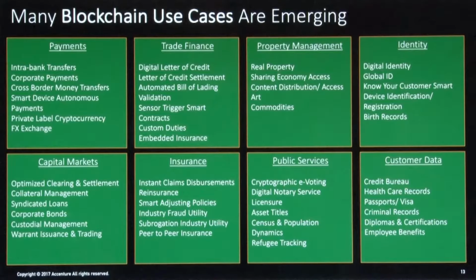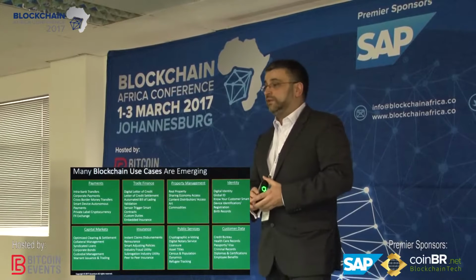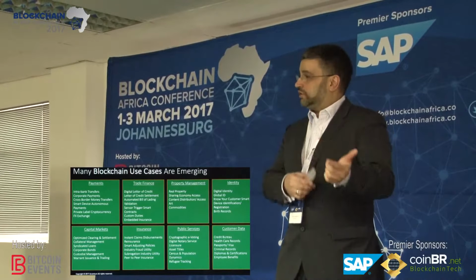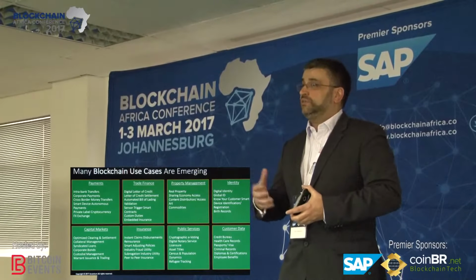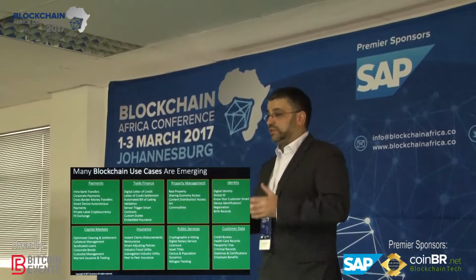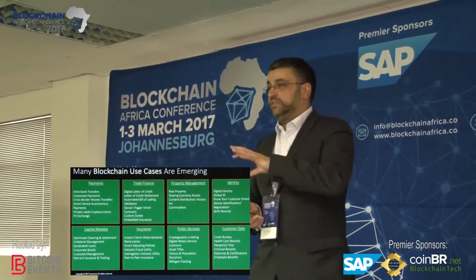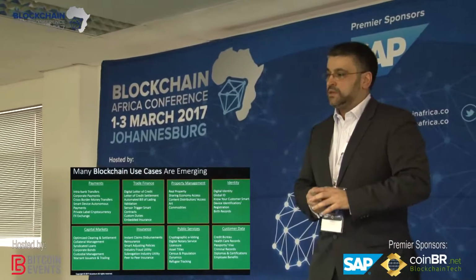So there's a lot of financial services applications. If you take a look at the left-hand side of this slide, it's all around payments, finance, insurance, and capital markets. On the right-hand side, there are a lot of other non-FS applications, public services and data, customer data, identity, and so on. And we've been implementing a number of these, again, in our labs, with our clients, some in production, some in pilots, to prove the point that these are valid use cases for using this kind of technology. And again, I just want to emphasize, all of these are sort of private permissioned blockchain implementations. They're not permissionless systems.